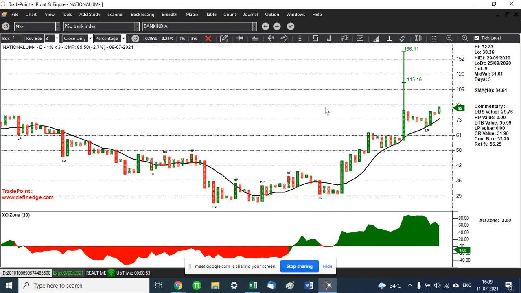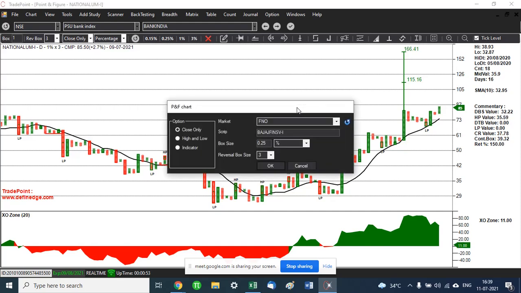Yes, actually, see, the box values are each individual person's preference, depending on the time horizon for which you want to take trades. 3%, according to me, is a very large box size and it becomes a pretty long-term trade. I would not advocate 3%. Even for mid caps, what I would say is 1% is a good box size to use. For example, if we look at, let's say, SpiceJet on the 1% time frame,